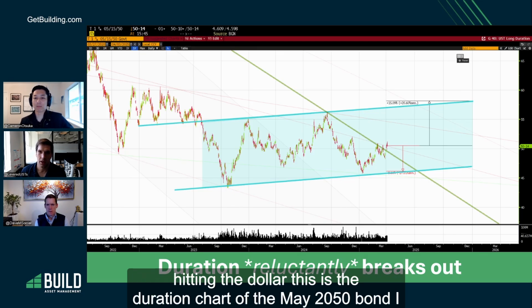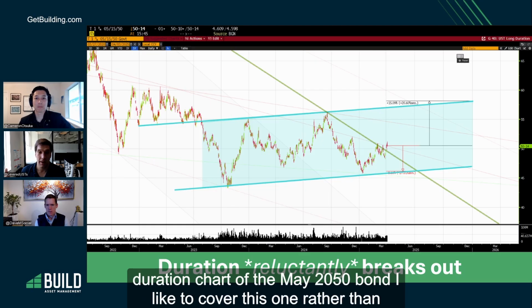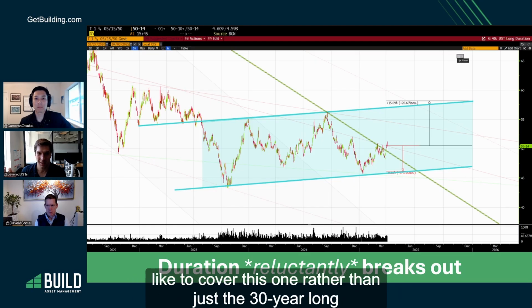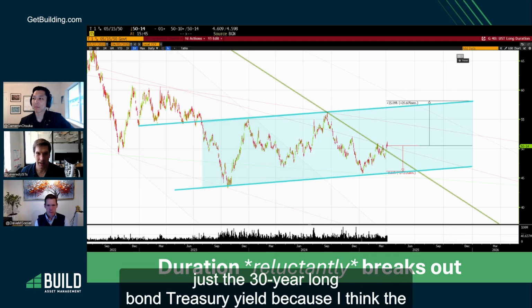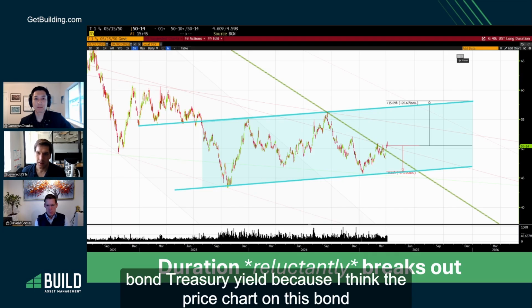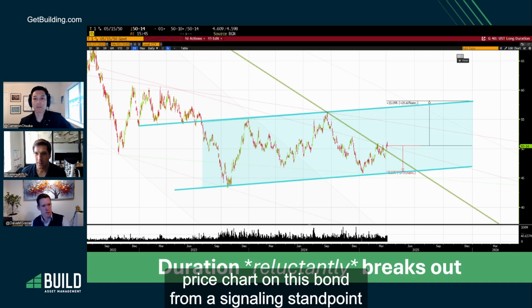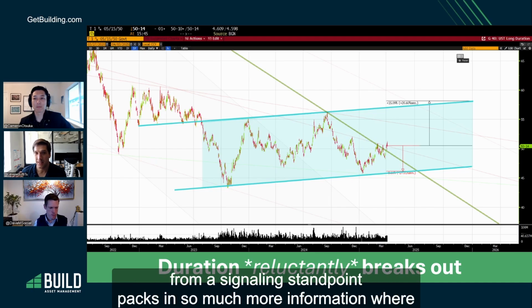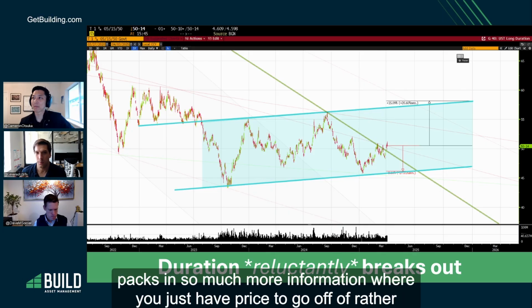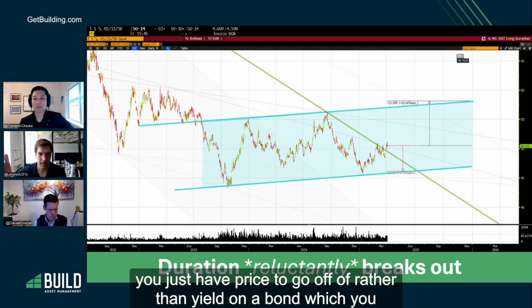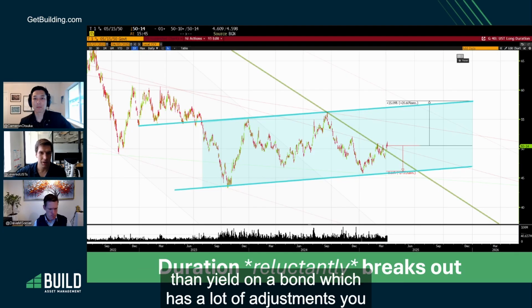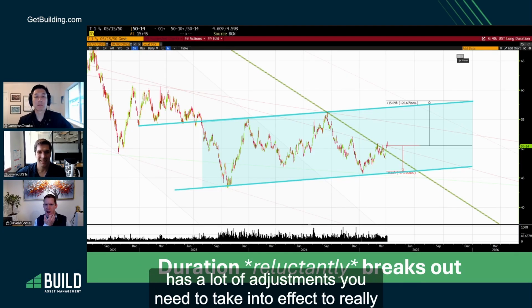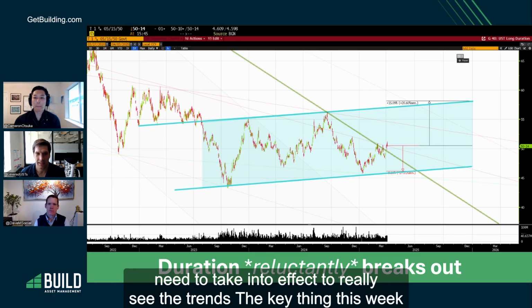This is the duration chart of the May 2050 bond. I like to cover this one rather than just the 30-year long bond Treasury yield, because I think the price chart on this bond, from a signaling standpoint, packs in so much more information where you just have price to go off of, rather than yield on a bond, which has a lot of adjustments you need to take into effect to really